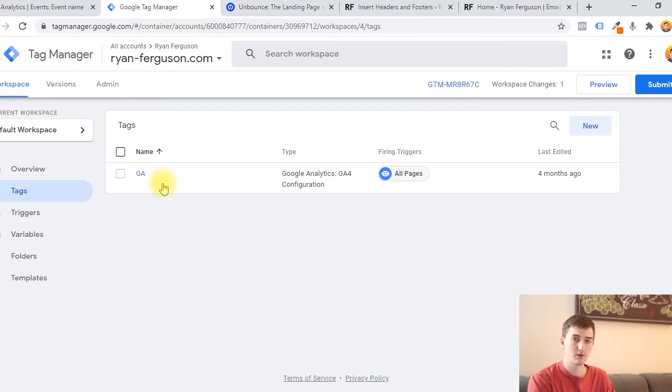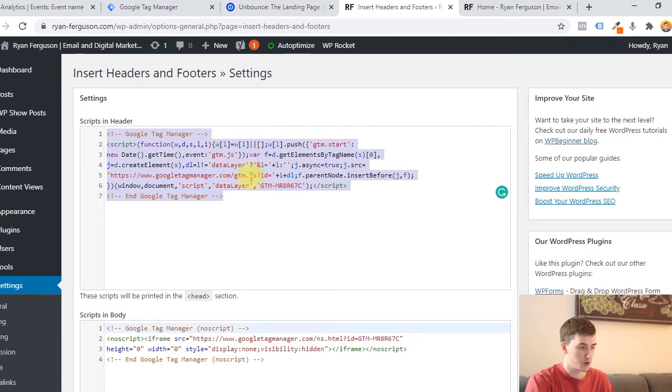For example, Facebook Pixel, Google Analytics, and Google Ads are probably the most common ones that certainly I use and probably you'll use as well. So the first thing that I'll use tags for is to actually install the tracking code for Facebook Pixel, Google Ads, and Google Analytics. Similar to how we installed the Google Tag Manager code onto our WordPress site, we could go into our Analytics account, our Facebook Pixel account, and our Google Ads account, take the tracking code, and then paste it into this plugin the exact same way that we've done here with Google Tag Manager,